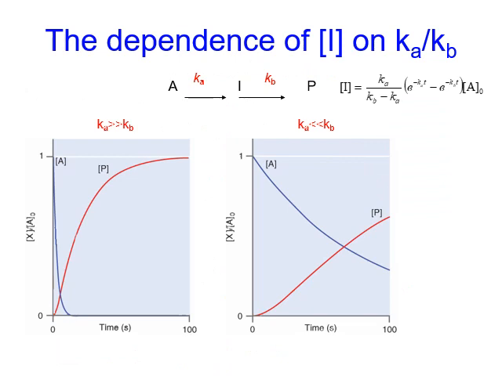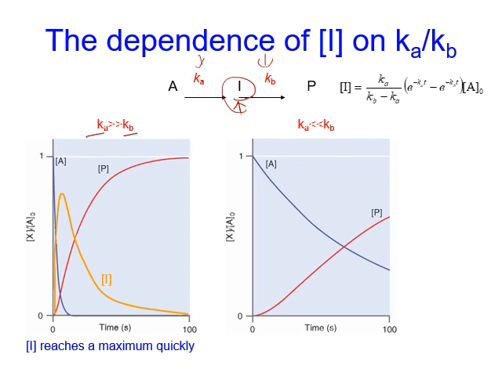We just showed that for a consecutive reaction, the intermediate concentration first increases and then decreases, and there's a time to reach maximum concentration I, and the time depends on the relative rate constants Ka, Kb. Further studies show that when the first step Ka is much greater than Kb, in other words, the first step is fast, second step is slow, then it will first quickly form a maximum of I and then